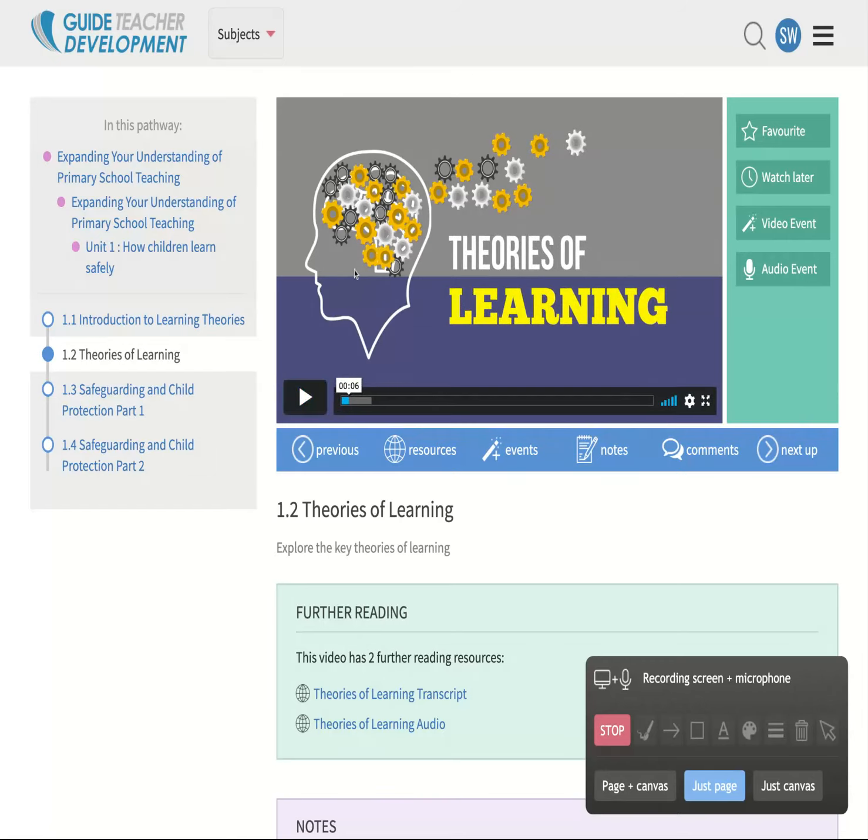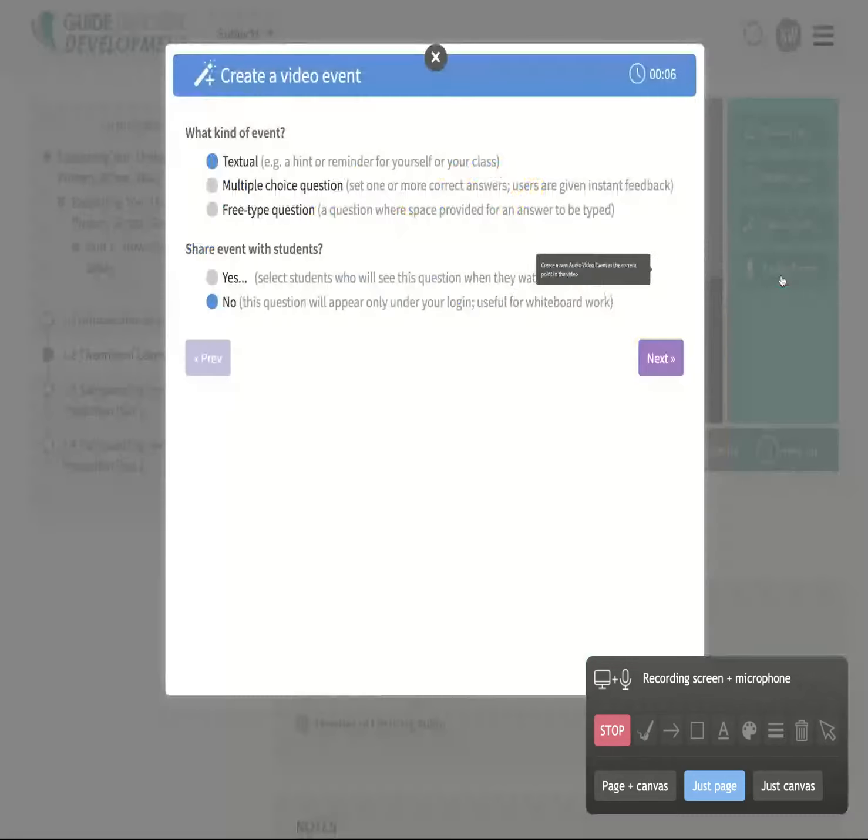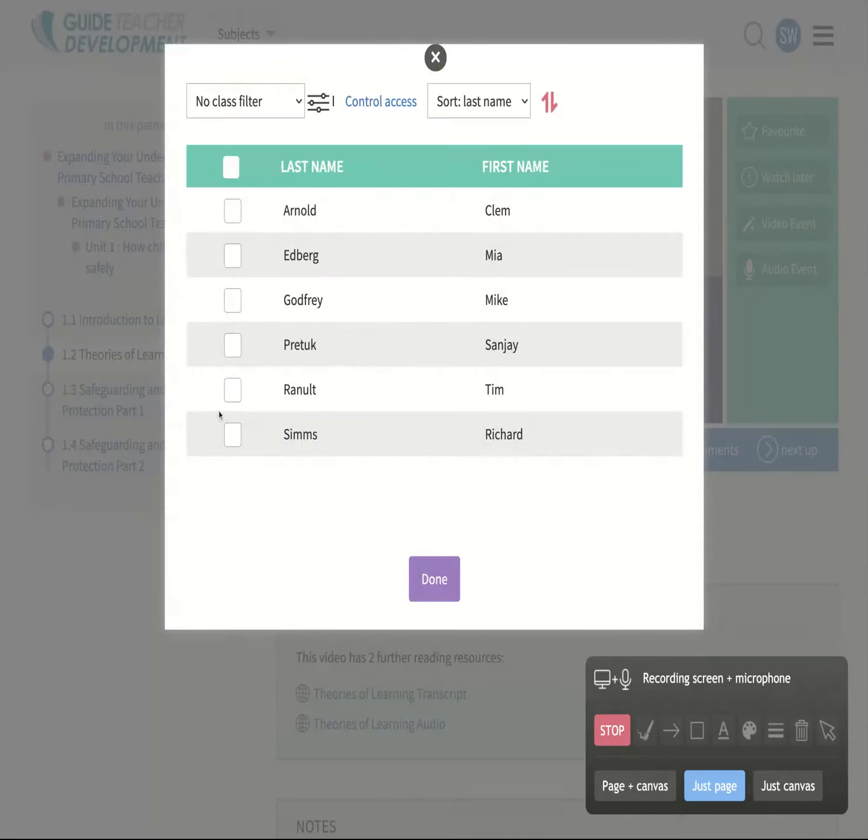Now, say I've been discussing theories of learning with one of my mentees, and I want to give them an opportunity to really assess and understand. I'll drop them a personalized message. So what I'm going to do is add an audio note, and it's going to be shared, as you see here, with a student. So I'm going to select the students, and this could be the whole class, or in our case, I'm just going to make it for Mia, and I'm going to choose to do that and press done.